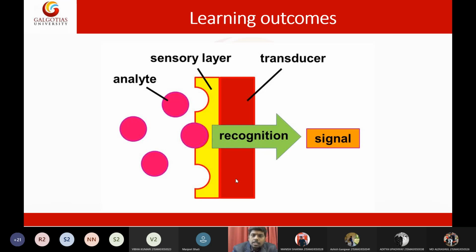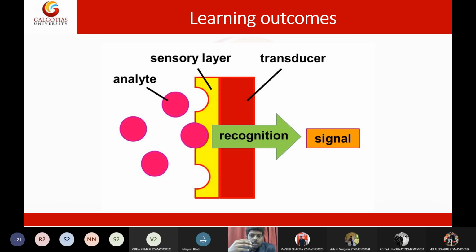Basically, when I say a biosensor, a biosensor is a combination of many parts. It's a combination of many components. Together, they will work and they will act as a single entity, which can be stated as a biosensor. The individual components by themselves don't have any function. But when we keep these components together, they will give a rational outcome. They will function together and they will give a functional outcome.